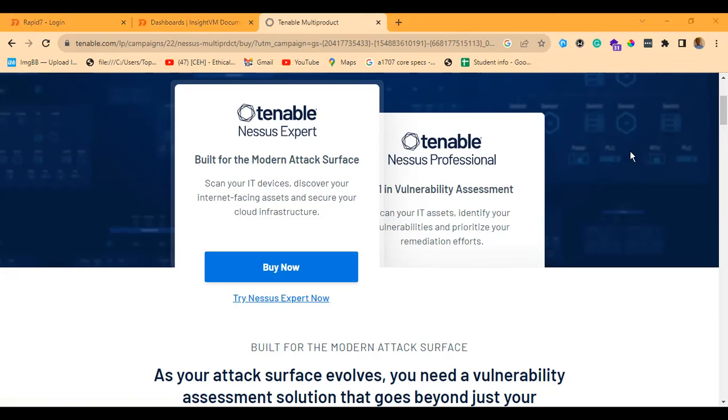There are a lot of various vulnerability scanners. There's Kubernetes too. Different vendors. When you check online, you choose the one you are most comfortable using. That is how it goes for vulnerability scanners.